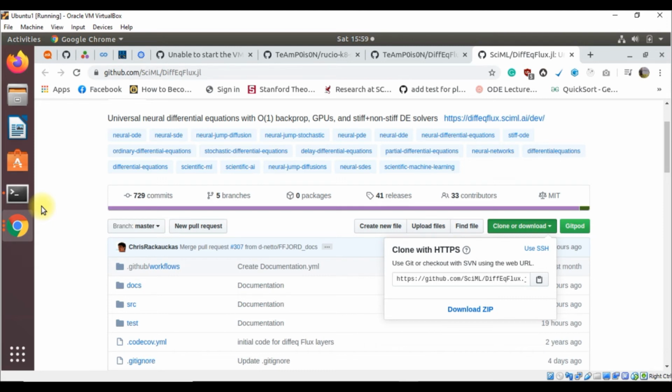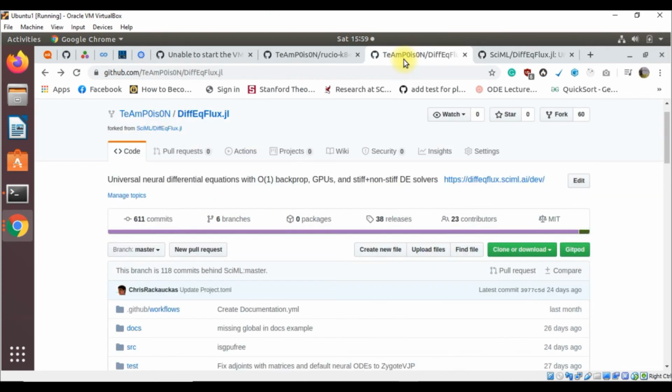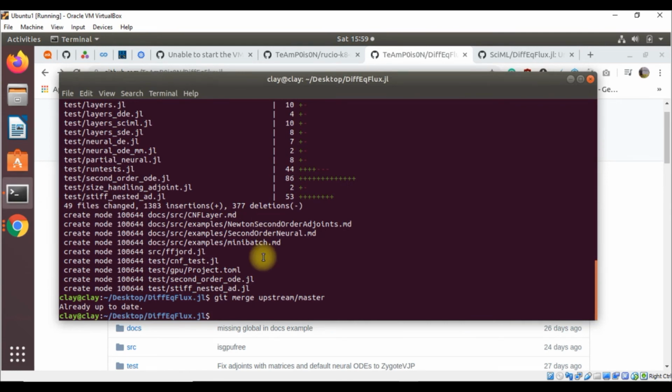And if they have made any changes in their repository, then you can see here like this, this branch, meaning we are in the master branch, is telling that the master branch is 118 commits behind the original repository's master branch. So now we are already in our working directory for our local project.